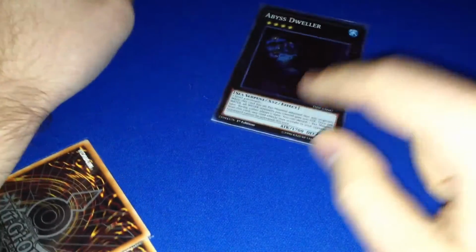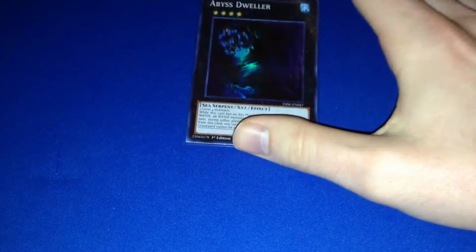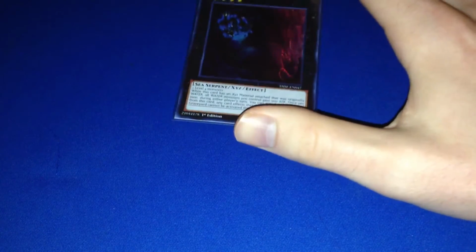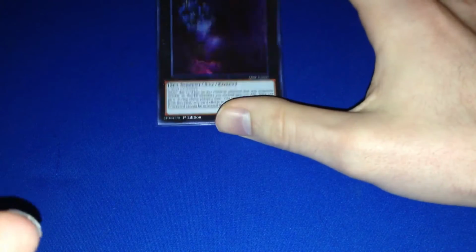And speaking of this guy, I want a copy of Abyss Dweller. This card is, in my opinion, kind of mandatory in Heroes because you're playing Bubbleman. While Bubbleman is on this card as Xyz material, all your Water monsters will gain 500 attack, so that makes your Absolute Zero bigger, your Acid bigger, but it also